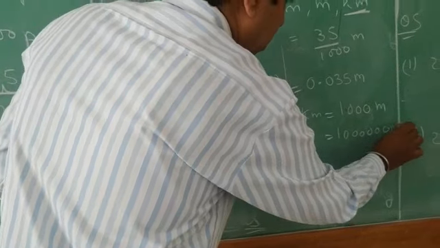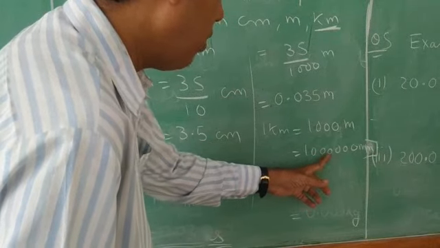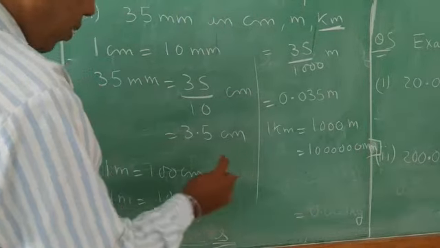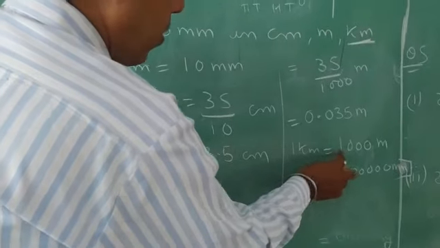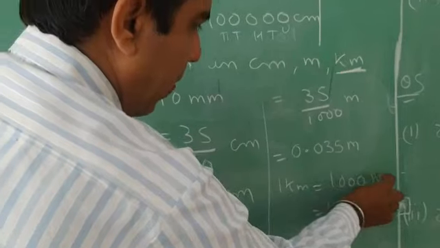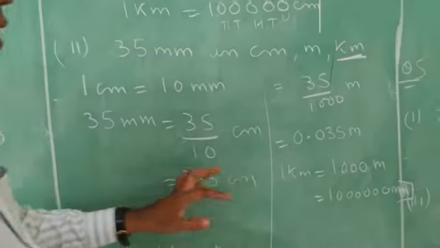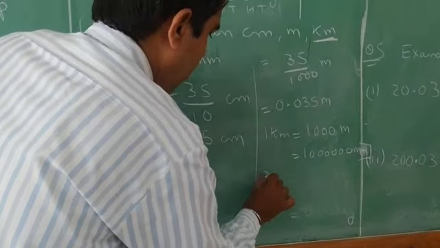Here comes millimeter. So you can see, count zeros 1, 2, 3, 4, 5, 6. Why 6? Because 1 meter is equal to 1000 millimeter and 1 kilometer is equal to 1000 meter. So if I write here multiply by 1, you can get this answer. Now you can see 35. So I write this as 35